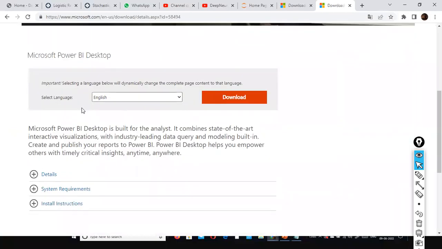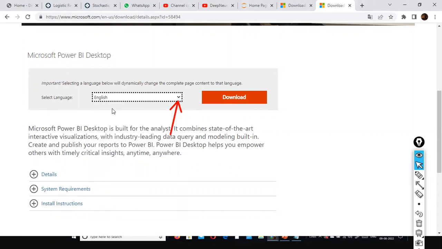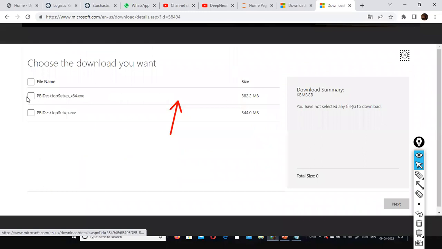In the next page, you will find language. And here you can see the drop down icon. When you click on it, you can find different languages that are available. Power BI Desktop is available in these languages, but we are not going to disturb this one. Let it be English. Click on download. When you hit the download, once again it will take you to the next page, and here